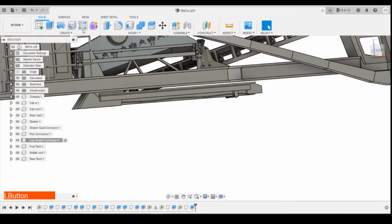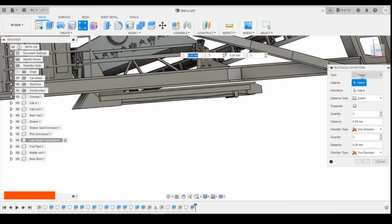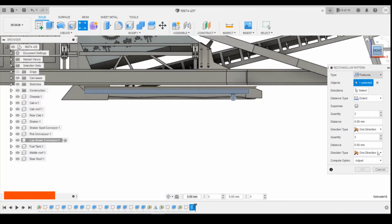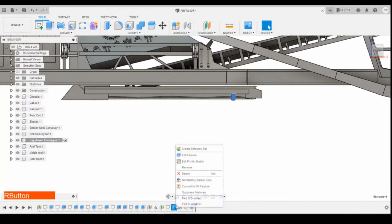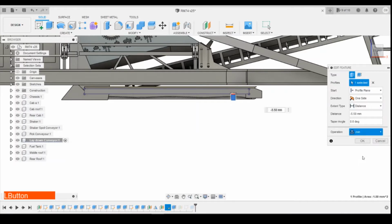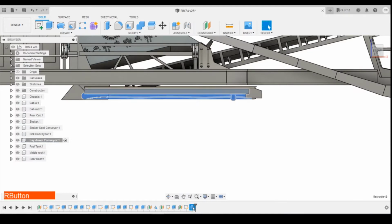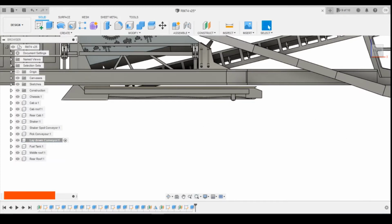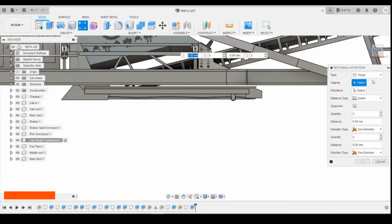So I'm going to do rectangular pattern. I'm going to use select features. I might need to do these two as new bodies. Yeah. Let's just go back and change those. So edit profile, new body. Edit profile, new body. And pattern,